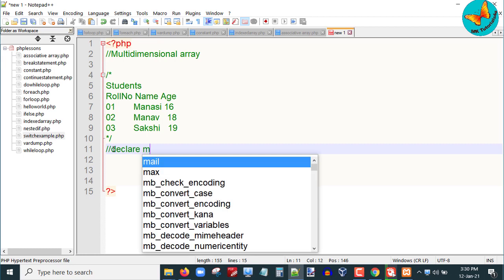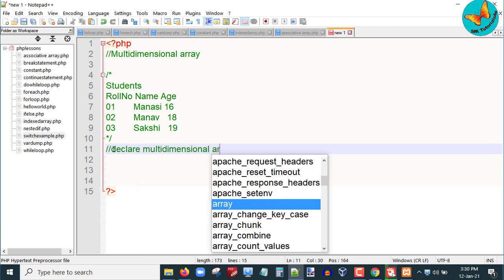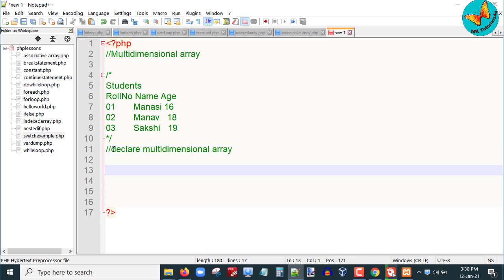So I will now show you how to declare the multi-dimensional array. This example is a two-dimensional array. So let us first declare it.